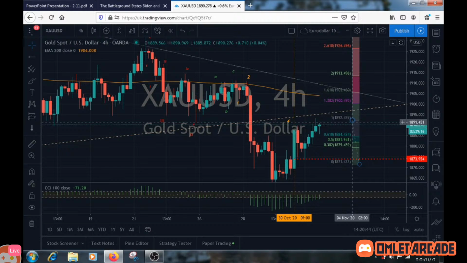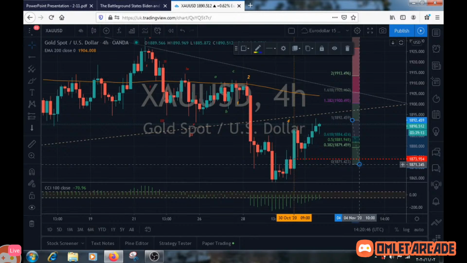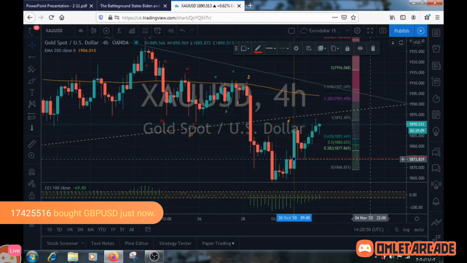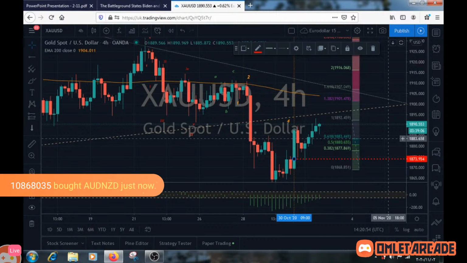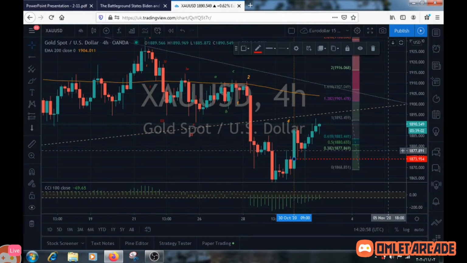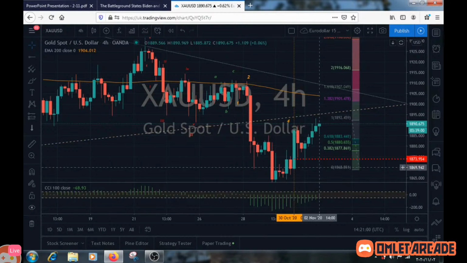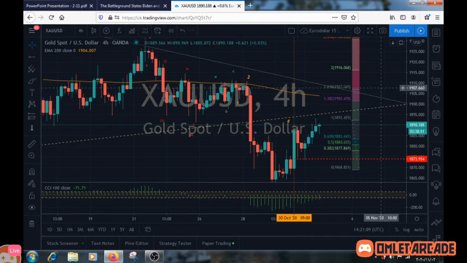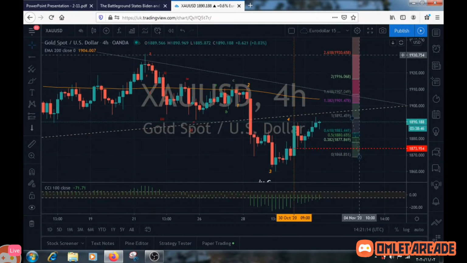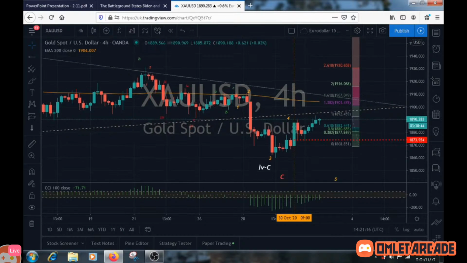If we're going to buy on the four-hour chart, we can enter at 1,883 or 1,880. Our stop as advised is $1,800, and our targets are $1,930